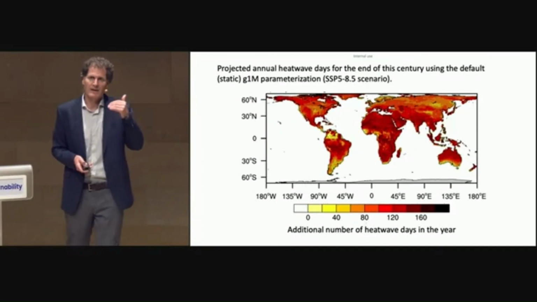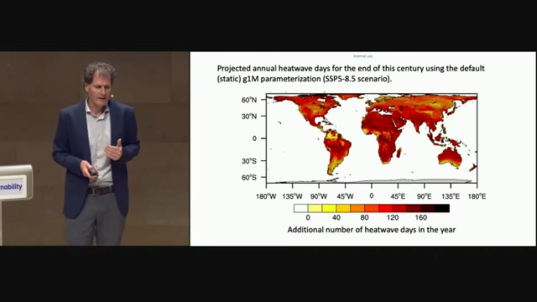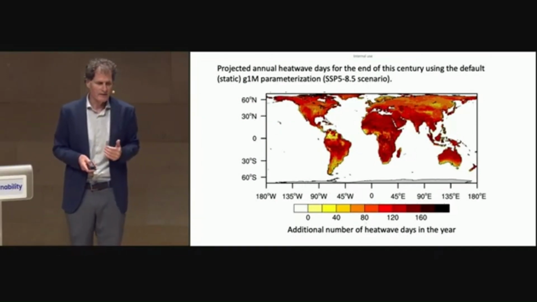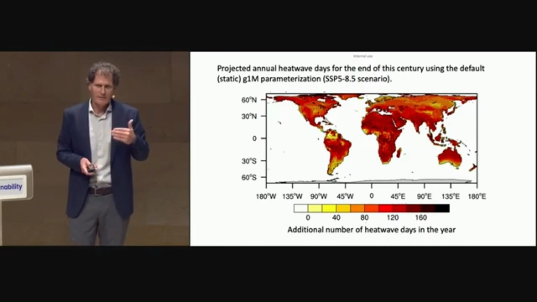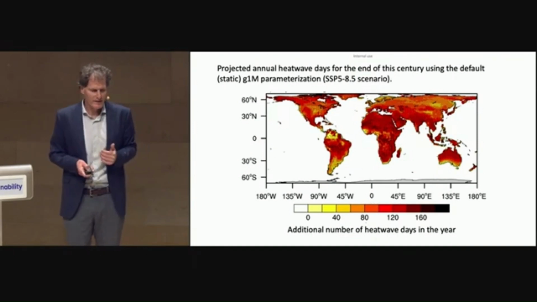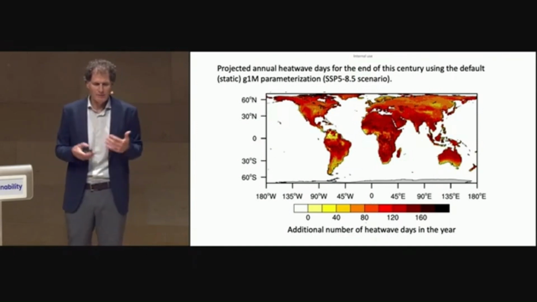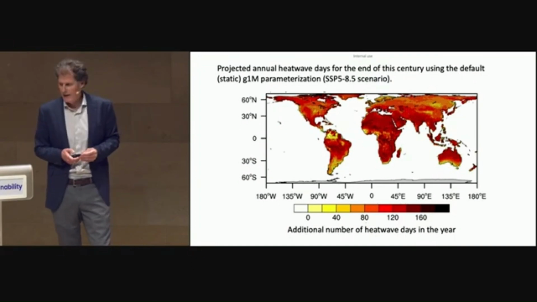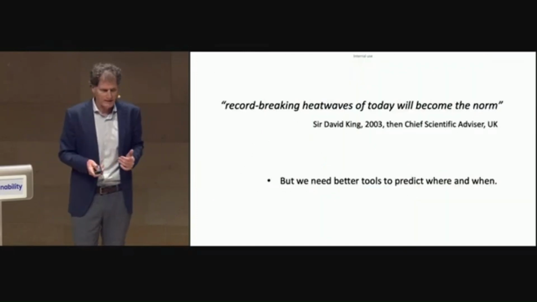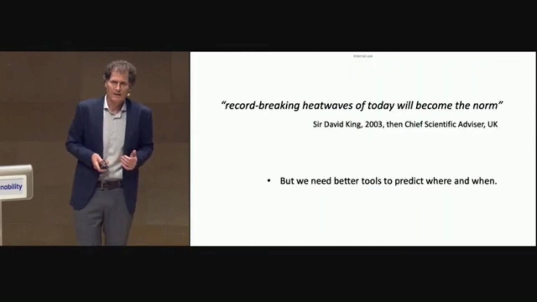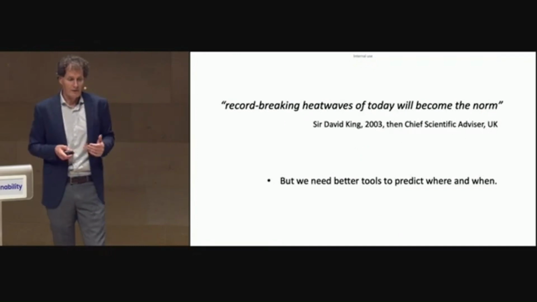But the real value in this is we want to be better at projecting. We want to be better at understanding what the climate's going to be like, say, for example, at the end of this century or the next century, sometime into the future. And so we need reliable models, and we've done some simulations, some projections with this technique, and just by way of example, ask the question, well, how does that affect, for example, projections of heat waves? Heat waves are a very real threat in future climates.